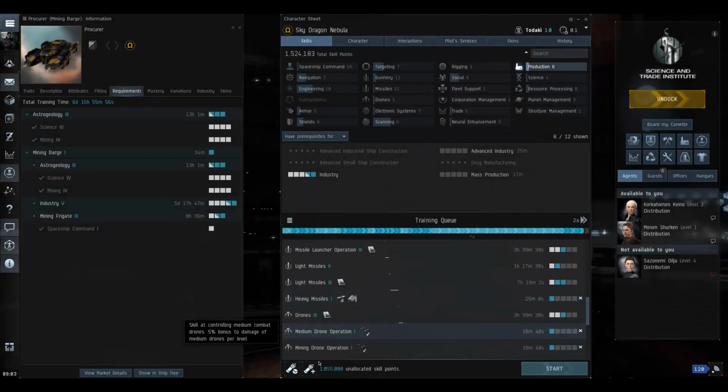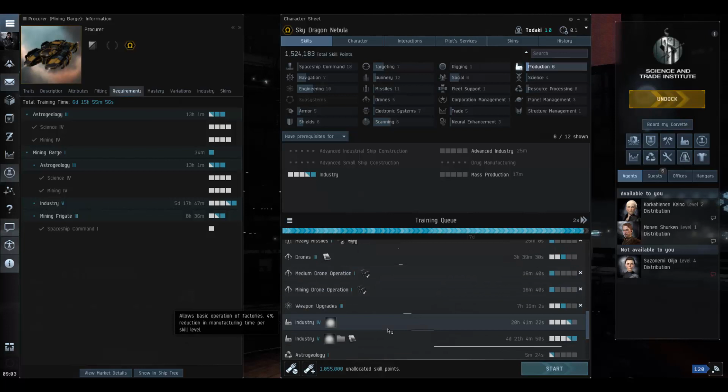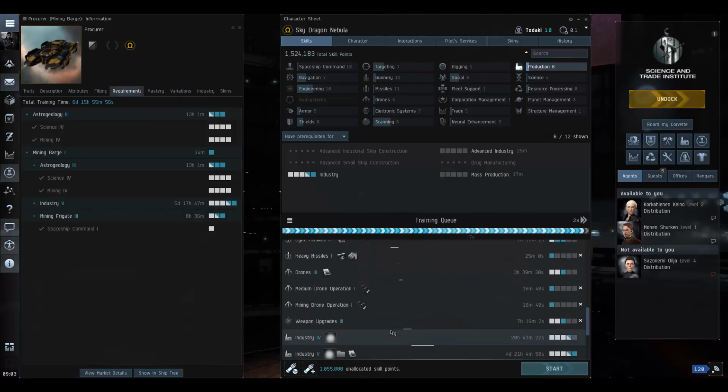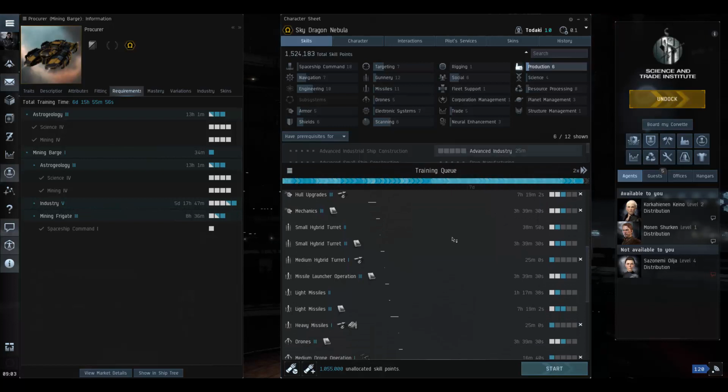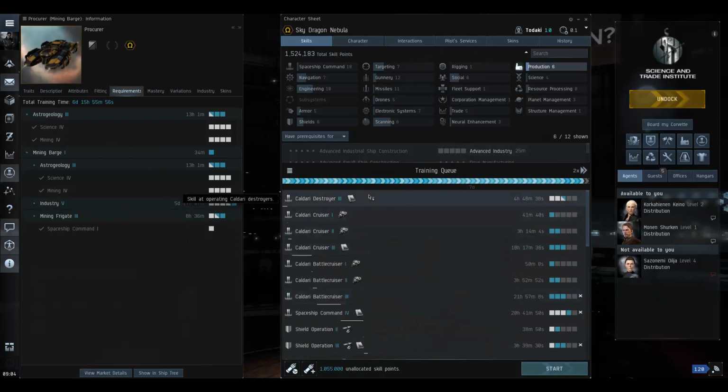So we're not 100% sure. What if we say apply skill points? Maybe you just click on the thing on the bottom. So we'll just look at the skills that we added one last time before we do it. So Caldari Destroyer to get our